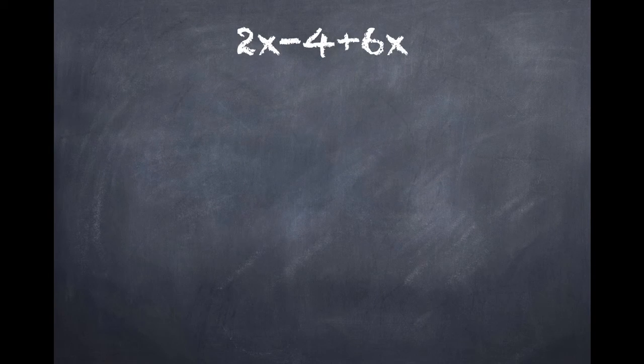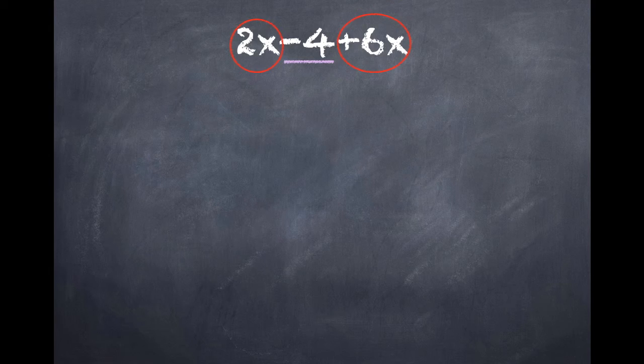So now we're going to take a look at some examples of simplifying algebraic expressions. So here we have our first one, which is 2x minus 4 plus 6x. The first step you want to do is group your like terms. So 2x and 6x because they have the same variable, and negative 4 is all by itself because it is